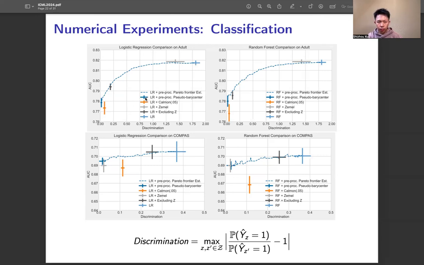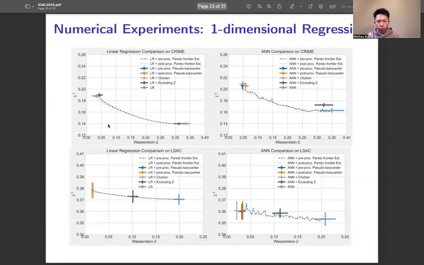So our method is in dark blue here, and the line is the Pareto frontier generated by our method. It is clear that our method outperformed the state-of-the-art by achieving a higher area under the curve with the same discrimination. Also, since our method generates the entire Pareto frontier, practitioners can choose the desirable discrimination level at the lowest utility loss. We also tested our method on one-dimensional regression and compared it with the true Bayes optimal method, which uses